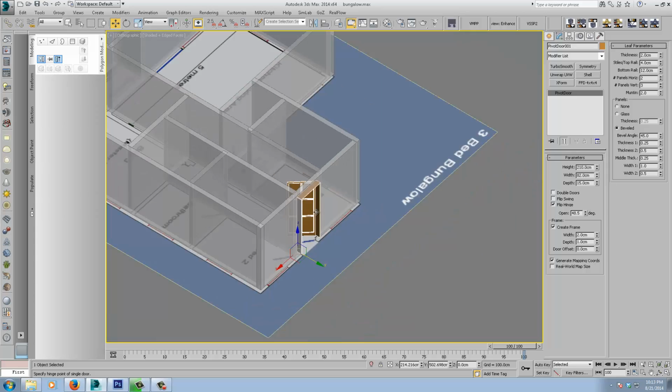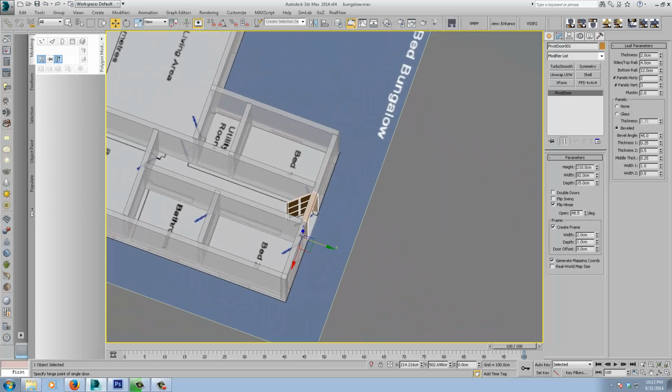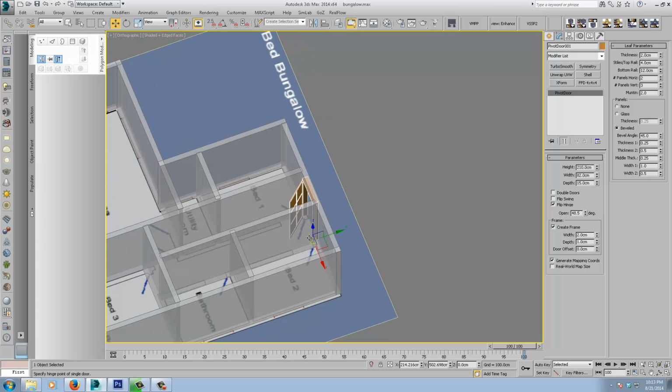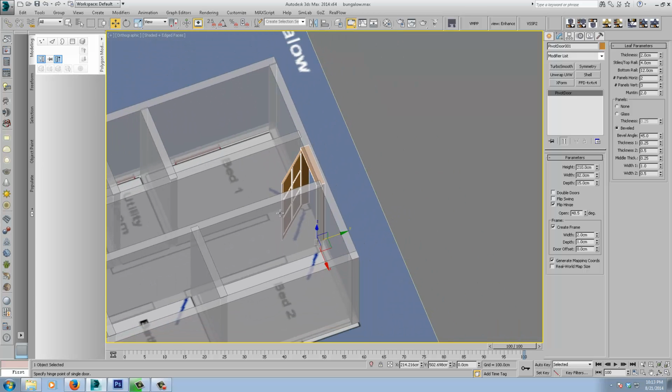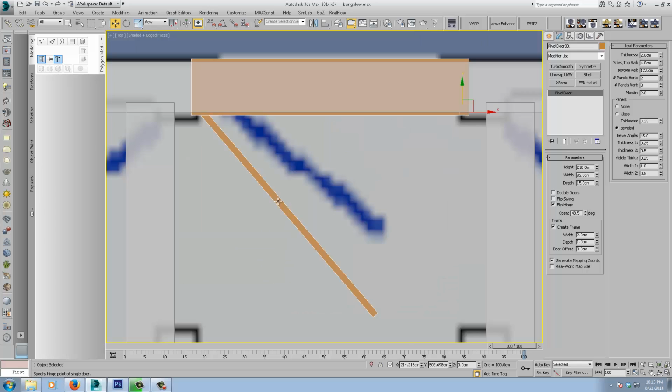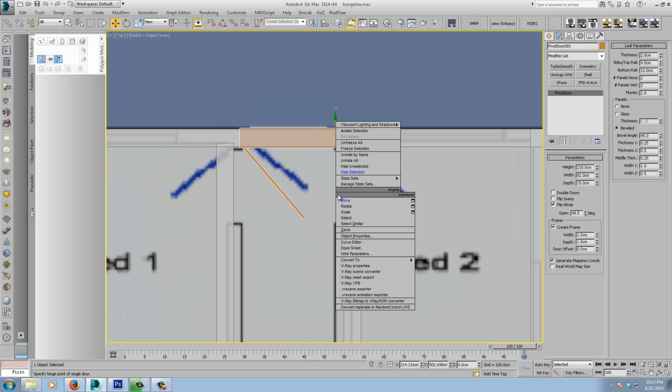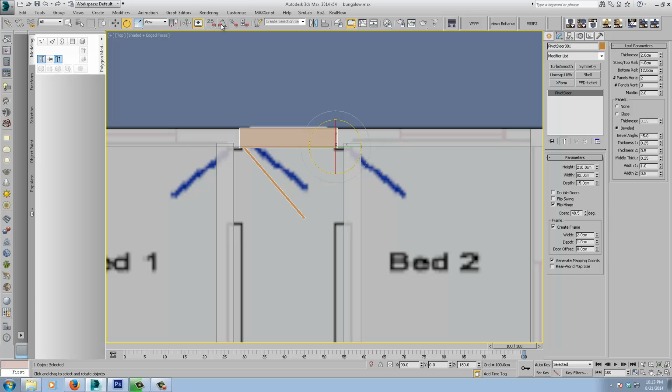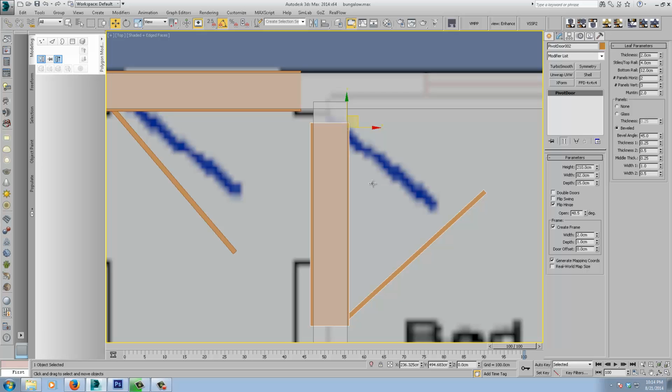Right, we'll move on now and create these other doors. So we have a door either side here. So into a top view. Now sometimes, you know, I'm gonna make sure angle snaps, A is the hotkey, is turned on, and I'm gonna shift rotate to create a copy, rotate 90 degrees, and we'll make it an instance, and we move it into position, center it up over this wall,